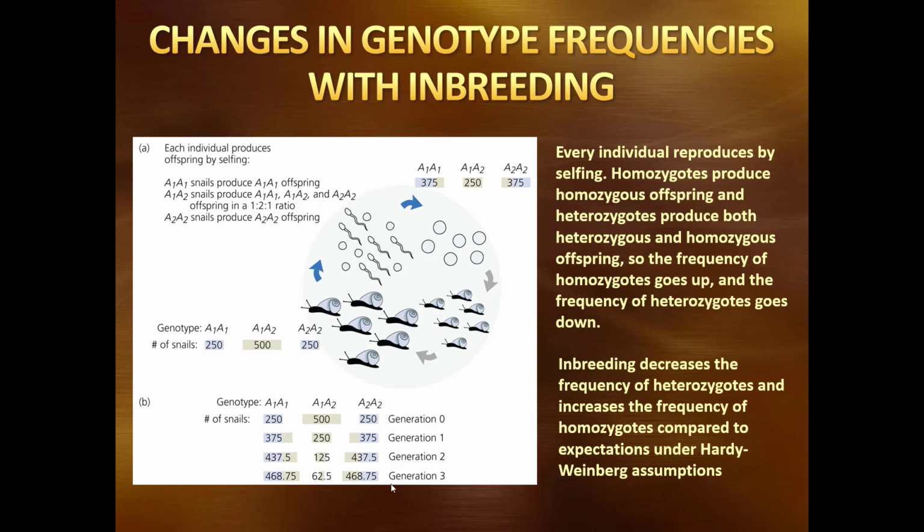So we're going to lose our heterozygotes and increase our homozygosity. Selfing is kind of an extreme condition, right? What if instead of mating with oneself, they mated with relatives? Well, the results are going to be very similar in that situation. It will lead to a loss of heterozygosity and an increase in homozygotes. It just will not be as drastic or extreme as what we saw here.